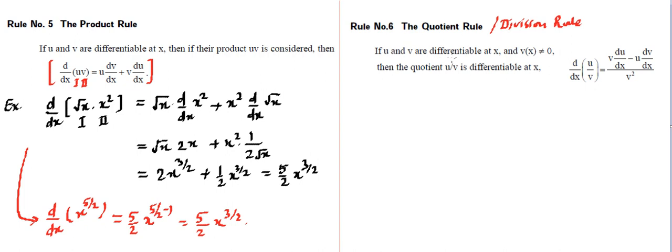It says u and v are differentiable at x and v(x) is non-zero. This is the condition because v is in the denominator and we don't want the denominator to be 0, so that condition has to be applied. And then the quotient or division of this u by v is differentiable, and the differentiation is given by this formula. Now let's learn what the formula says. That means differentiation of numerator and denominator is equal to, first we will write the denominator and we will be differentiating the numerator, then we will be placing a minus symbol, and then we will be writing the numerator and differentiating the denominator, and then we're ultimately dividing the entire thing by the square of the denominator.